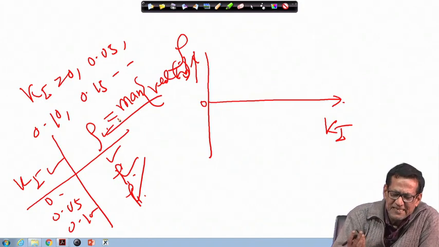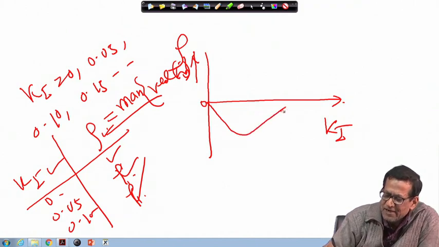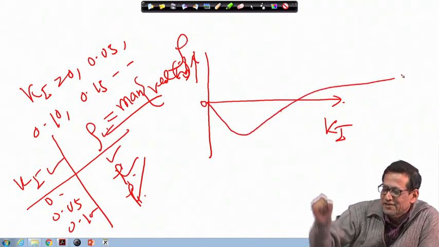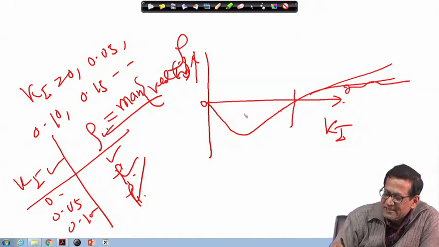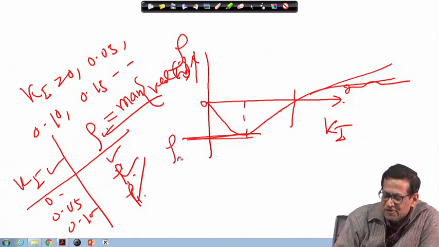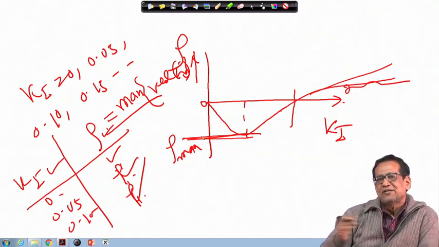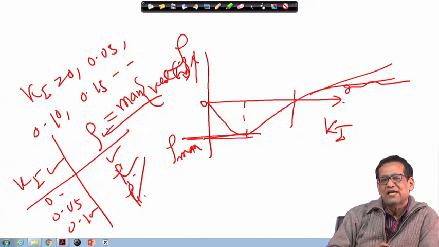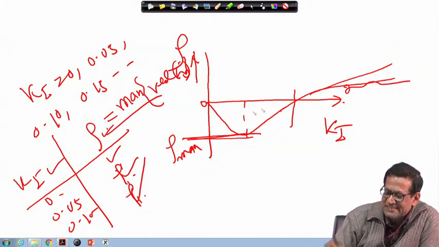As soon as you plot it, you will observe that the graph will be something like this: it will come up and finally it will go down like this, right. In that case, this is the maximum value of rho, this is your rho max. That means this is the maximum to which you can push the eigenvalue which was very close to the origin, much away from it. You cannot go beyond that; even if k I is increased, it is actually decreasing.